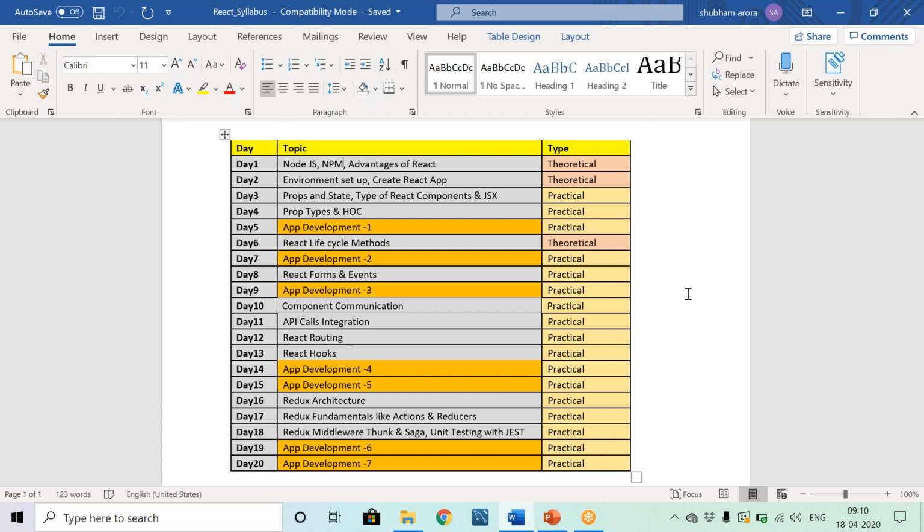Redux is a state management library. As I told you, the applications using React that we'll be creating will be single page applications or client side applications, right? We have the code on the client, but ultimately we have to call the REST API to fetch the data and store that data on our client side, right? To maintain the state of your application, to store that much data, we need some state management.